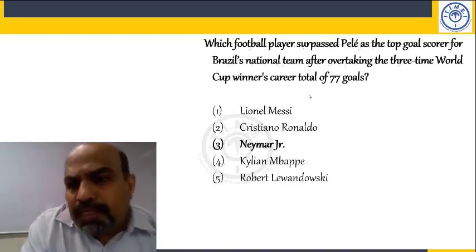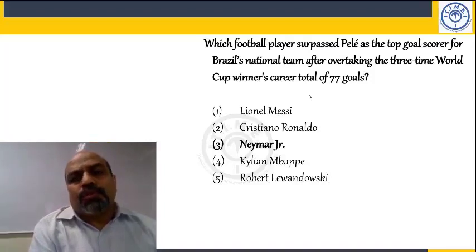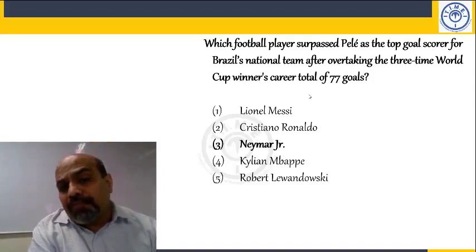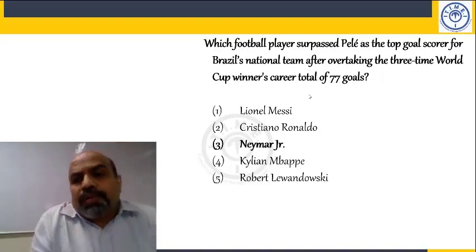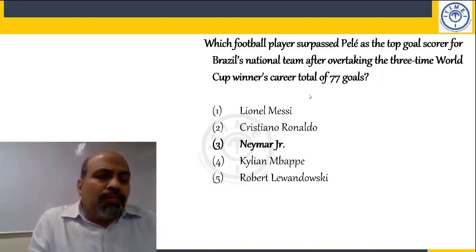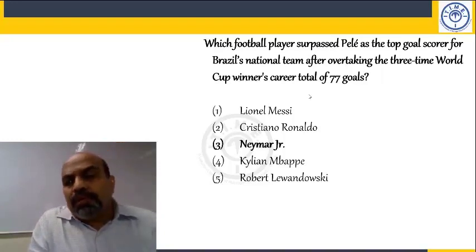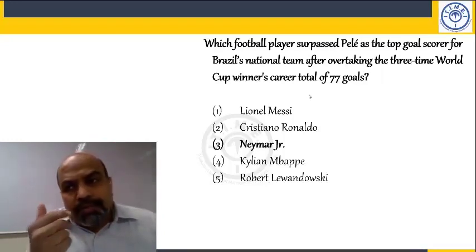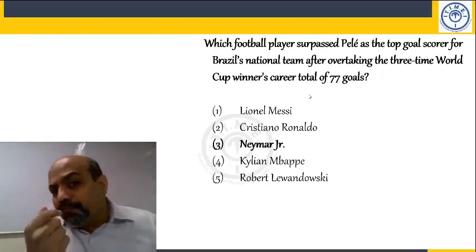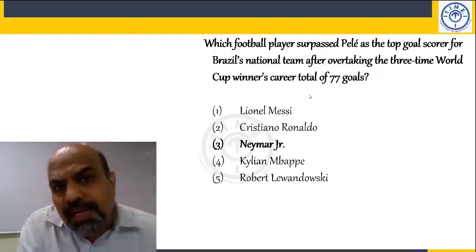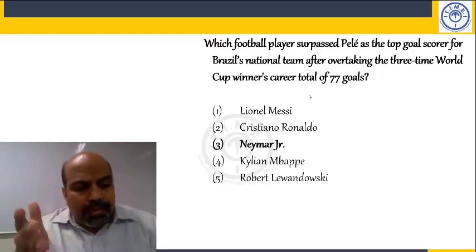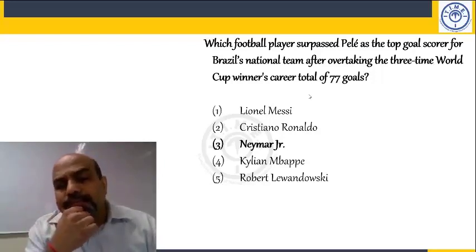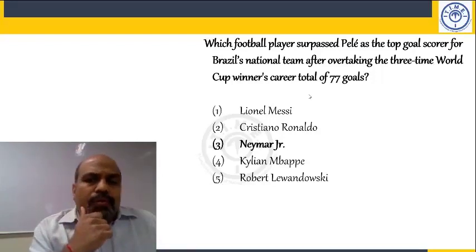Which football player surpassed Pele as the top goal scorer for Brazil's national team after overtaking the three-time World Cup winner's career total of 77? Neymar Jr. has overtaken Pele. Neymar Jr. plays for one national team, Brazil, and then plays for one football club called Al Hilal, H-I-L-A-L. Al Hilal is a team in Saudi Arabia. Yeah, he holds